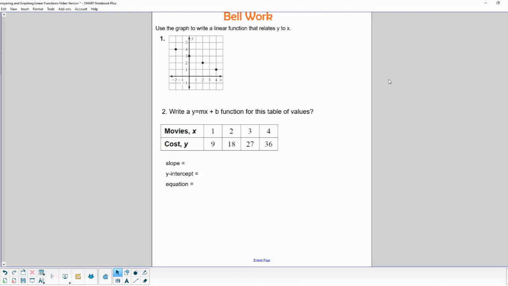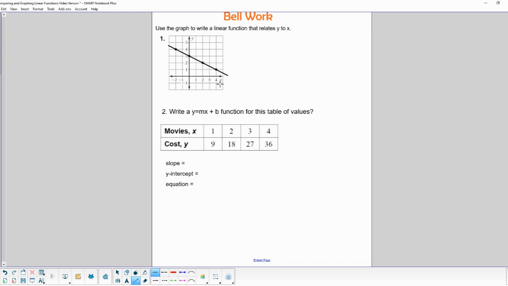Or comparing and graphing linear functions. So some of them are linear, some of them aren't. So we're going to try and see if we can figure out how to tell the difference. Now, on one of our recent assignments, we were given a graph like this, and all these points line up